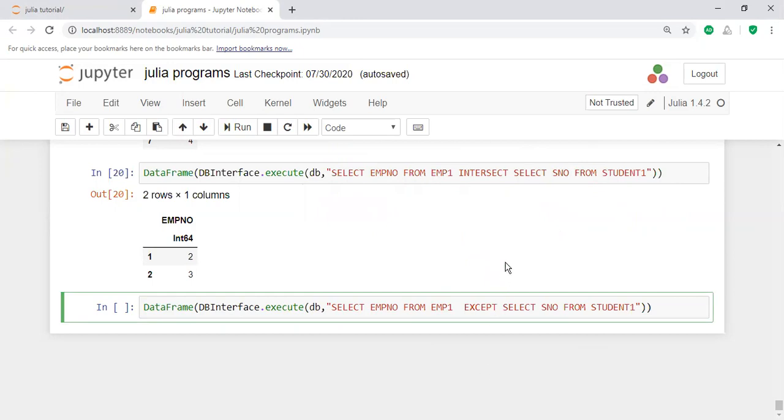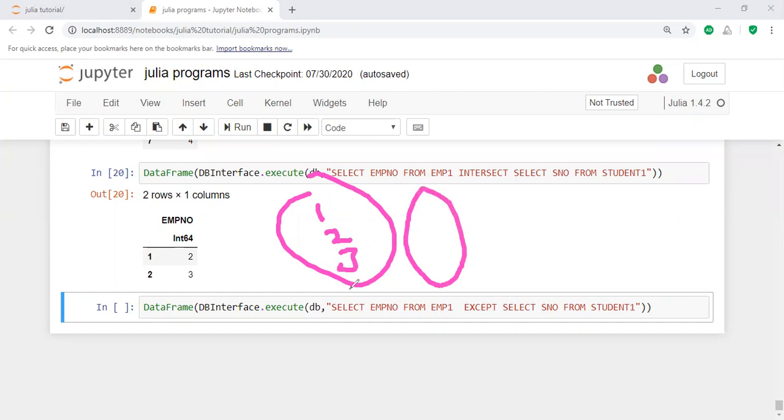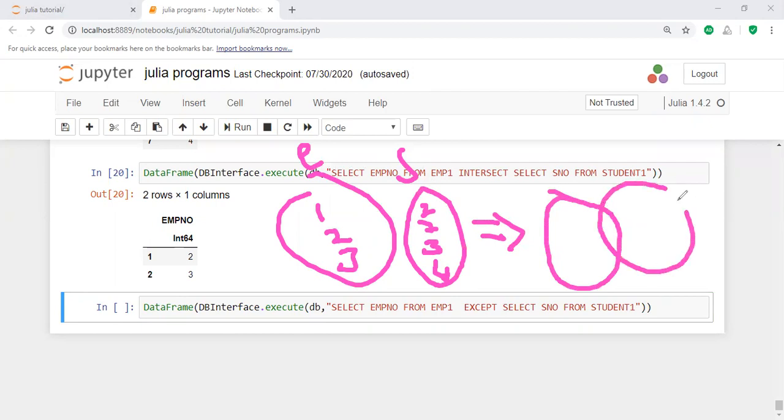For example, you have a table here. One table consists of 1 2 3. Let us take a simple example for the second table. If you draw this one, then only you will understand. 1 2 3, this is called the employee table. This is the student table, which consists of 2 2 3 and then 4. For example, this is one and this is another one. Here 1 2 3 and then 4.